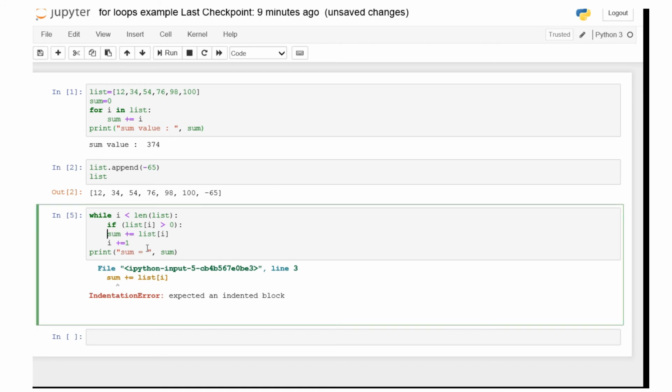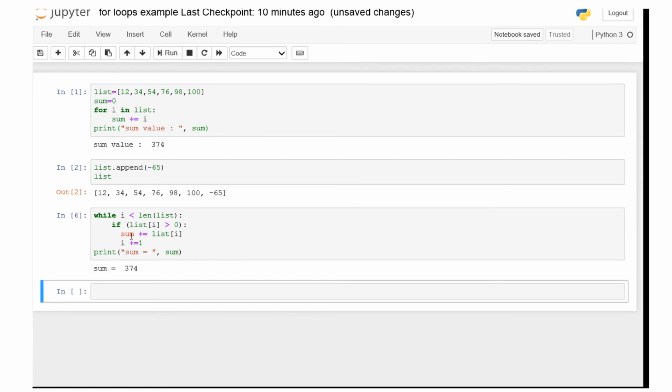Here the condition is correct, meaning every time you have to follow the indentation in a correct way, otherwise every time you will get an indentation error. So we have to be very careful while executing your Python program. You have to avoid the indentation error every time.